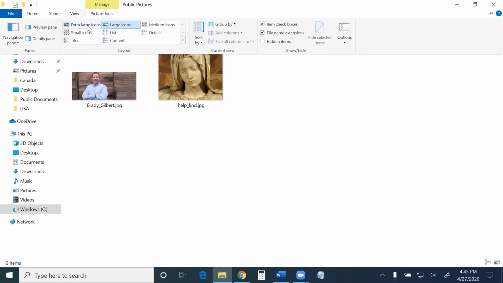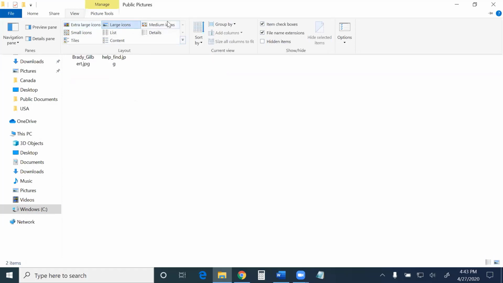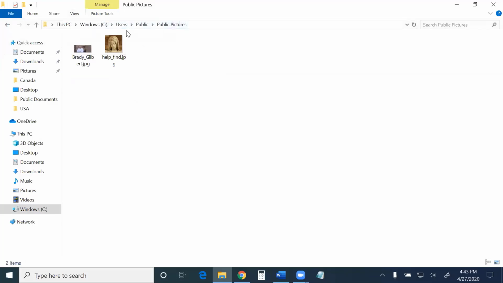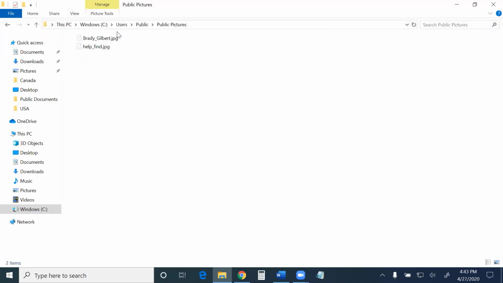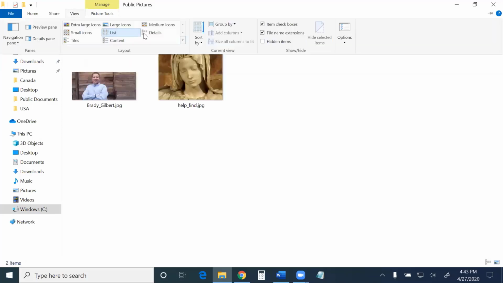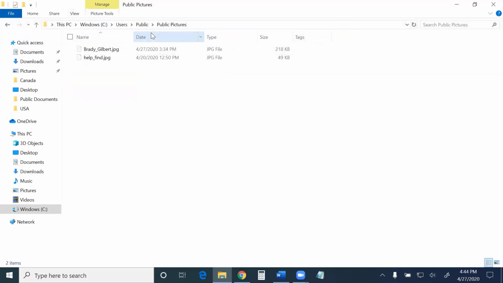But that kind of lets you see what extra large icons, medium icons, which is kind of covered up, so I'll let you see that. Medium icons get smaller, and of course small icons goes back to just showing an icon that shows you what file type it is. If I go back under view, I can click on list. Now list is just showing the name of the file. Details, again, details is what I typically will leave something in.